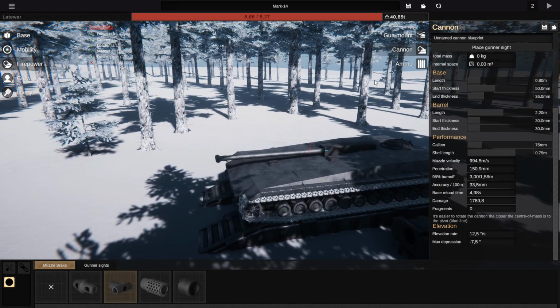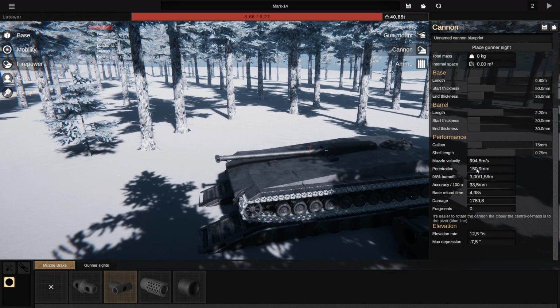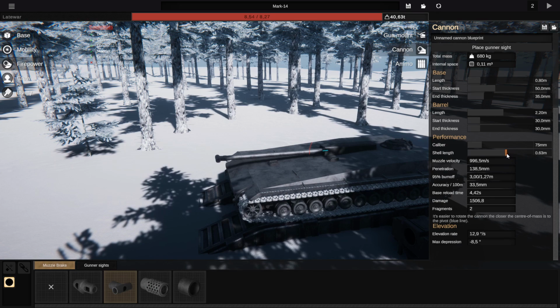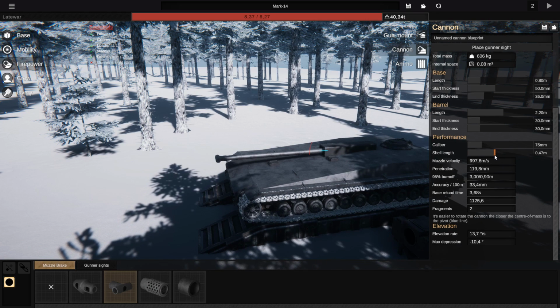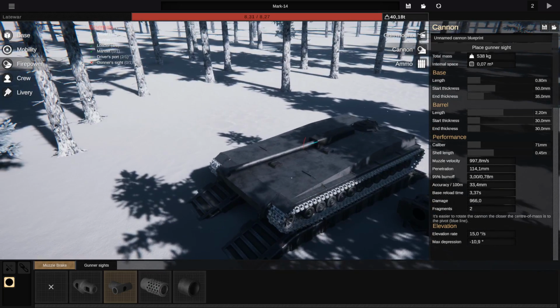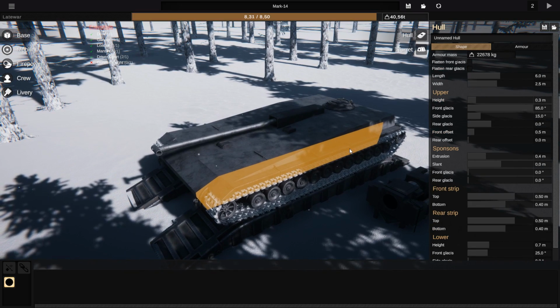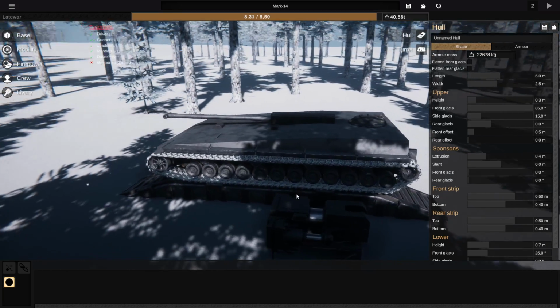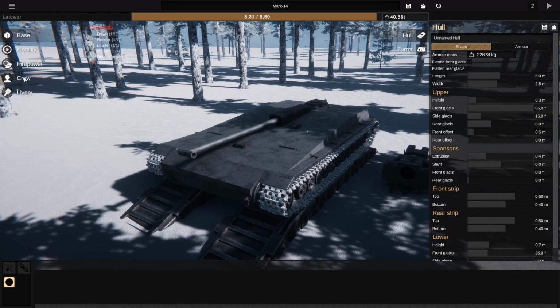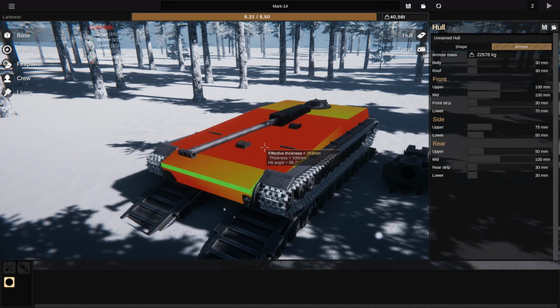What sort of a gun did I put on here? A 75mm, which has a really high muzzle velocity and probably more pen than I actually need. So let's reduce that. And if I make it a bigger gun, of course my weight's going to go up. Maybe I need to make the tank a bit wider to adjust for the space inside, or for lacking a turret. Let's see. When it comes to the base, armor, upper glacis